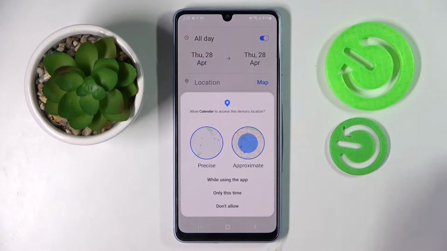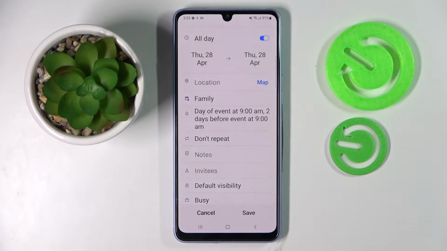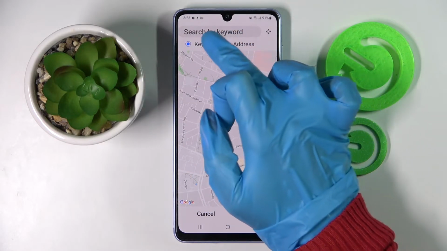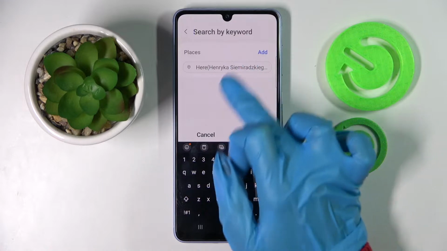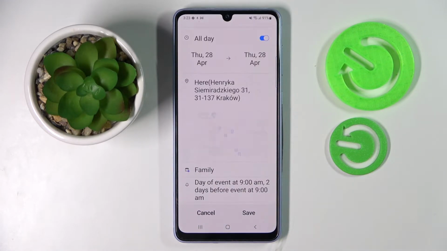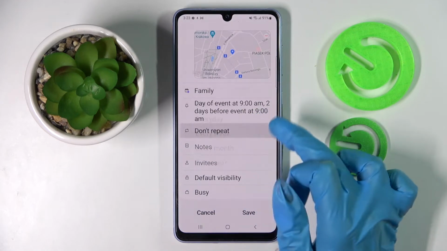Now you can select map, tap on while using the app or only this time, and type in an address or keyword. I will go with keyword. Then select done at the bottom right corner, and over here you can select don't repeat and select one of